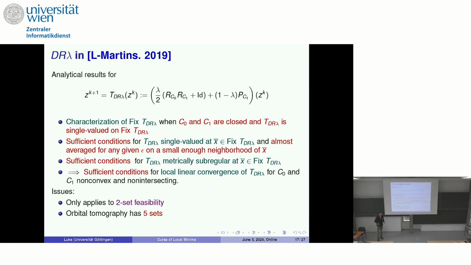This generalizes Kurdyka-Łojasiewicz, so if you're metrically subregular at your fixed points, you also have a Kurdyka-Łojasiewicz type property with some function that maybe you don't know exactly the parameters of, but qualitatively you have it. If the function characterizing the metric subregularity is linear, then you have linear convergence of this method. We showed it was linearly metrically subregular for a lot of cases that cover phase retrieval like this problem. One problem with this analysis is it only applies to 2 sets, and in our orbital tomography